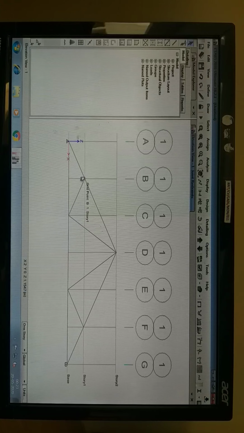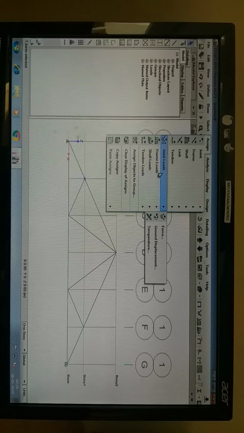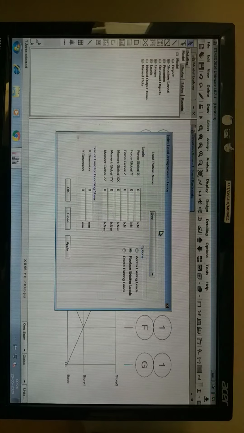and then select the points where you require to assign the loads. So here we are going to have one load. Just select that point, go for assign, joint loads, and force.